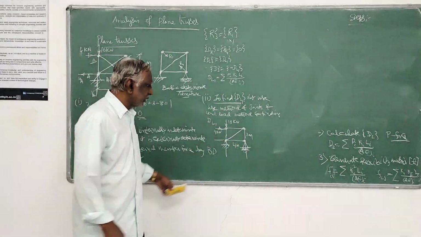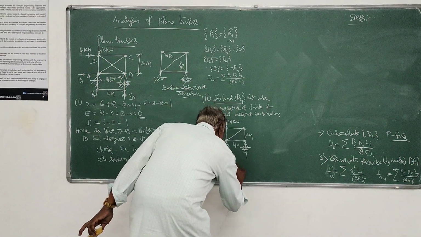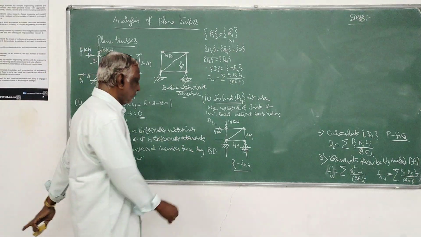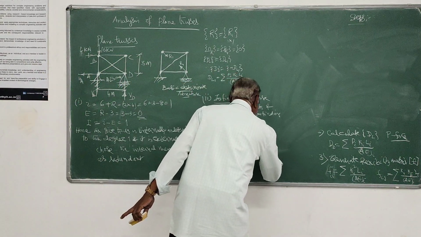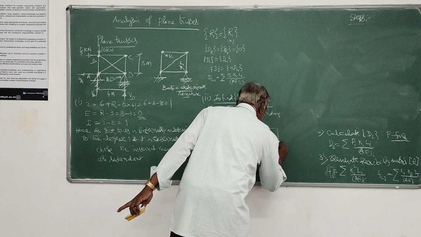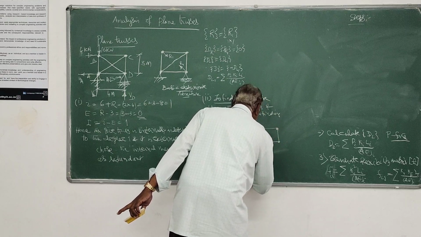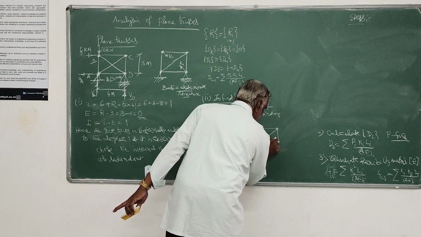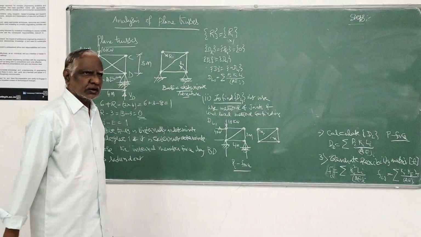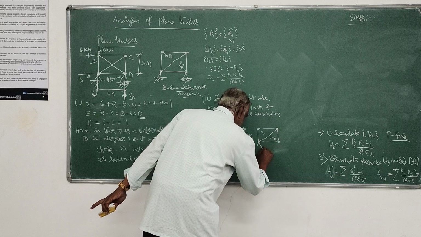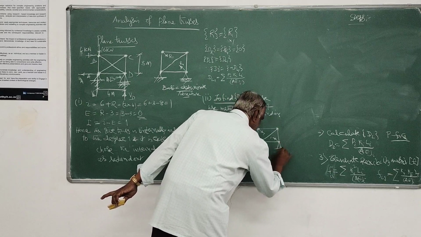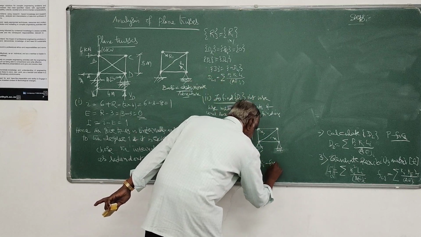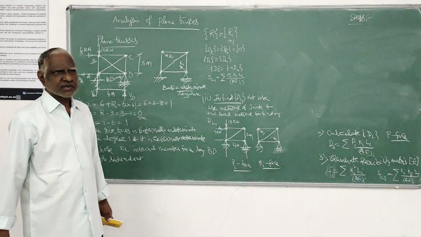Then I have to apply unit load, this is P_i force, to find the forces in all the members. I have to do this analysis, then take the same truss, that is the basic determinate structure, and apply unit load along that redundant coordinate. Unit load I have to apply and do one more analysis and calculate the forces in the members. This is called k_i force analysis.